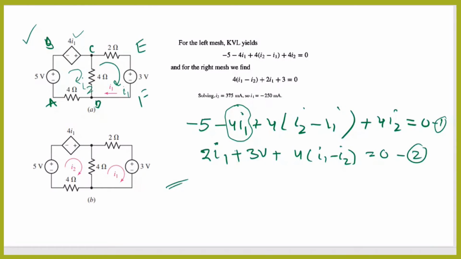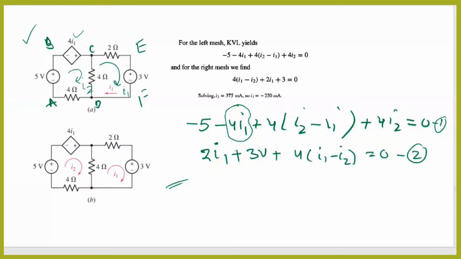So you have to be very cautious and smart enough to decide the loop currents when there are dependent sources. When there is no dependent source in the network, it is very easy. But when there are dependent sources, please be cautious and smart enough to check whether you are selecting the correct current directions or not. Next, am I clear up to now?